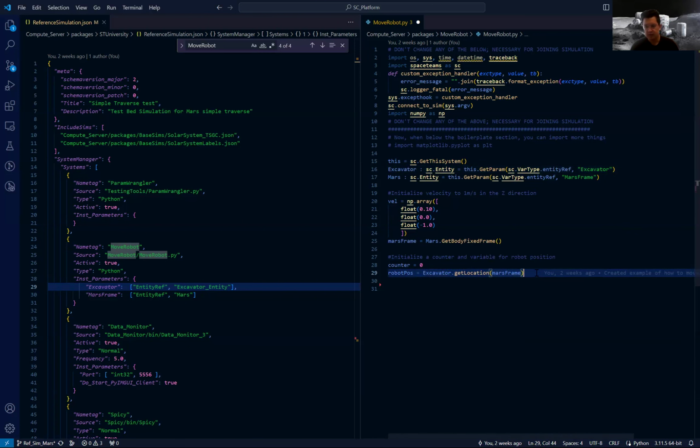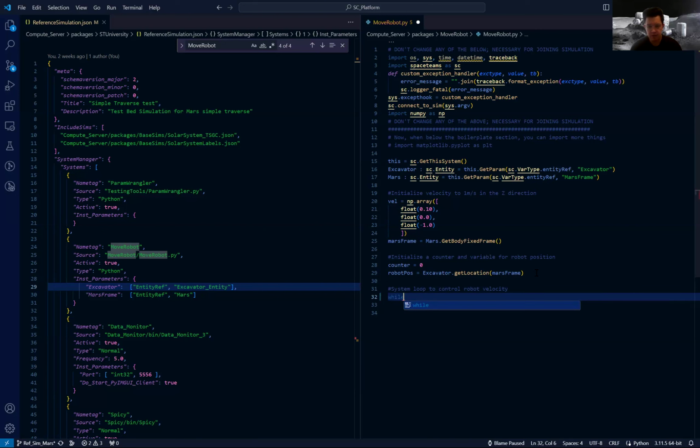And next, let's go ahead and write a loop to control the robot velocity over time. So I'll write a comment here, system loop to control robot velocity. And let's make this a while loop so it runs throughout the whole simulation. So while true, tab. If I'd like to have the robot stop after 10 seconds, so I'm going to say if counter is less than 11 seconds,